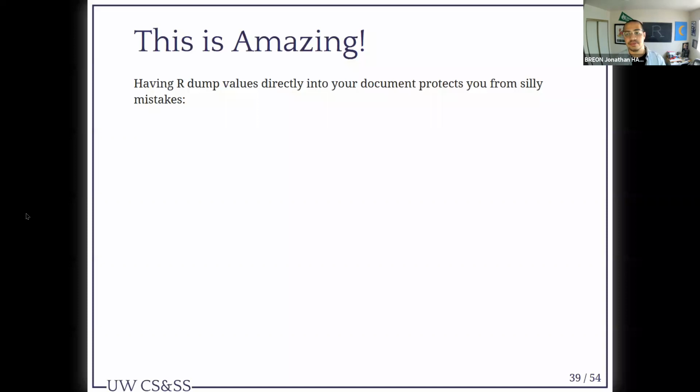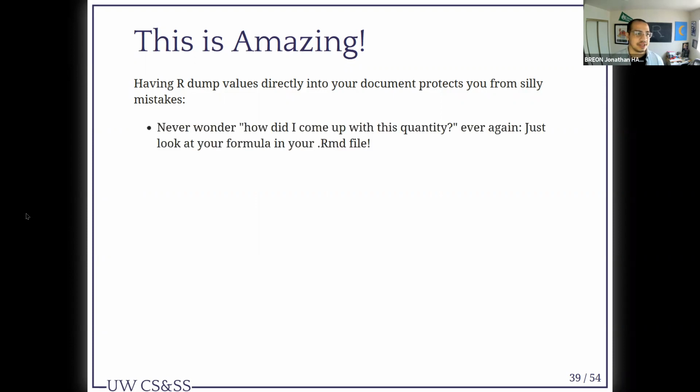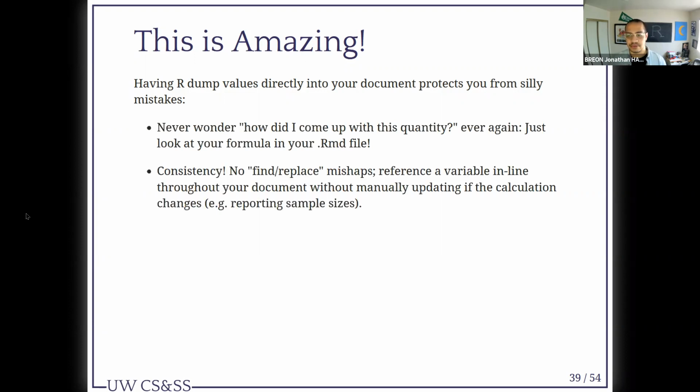This is amazing. Having R dump values directly into your document protects you from many kinds of silly mistakes. You never have to wonder, how did I come up with this quantity ever again? Just look at the formula in your markdown file. There's a lot of consistency. There's no find and replace mishaps. You can reference a variable inline throughout your document without manually updating it if the calculation changes.